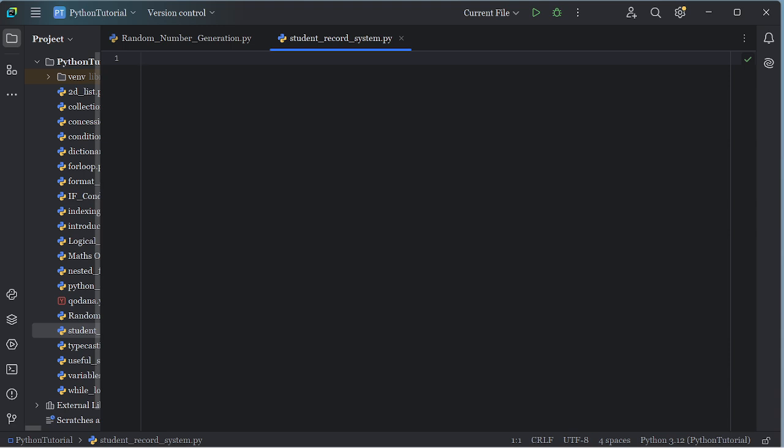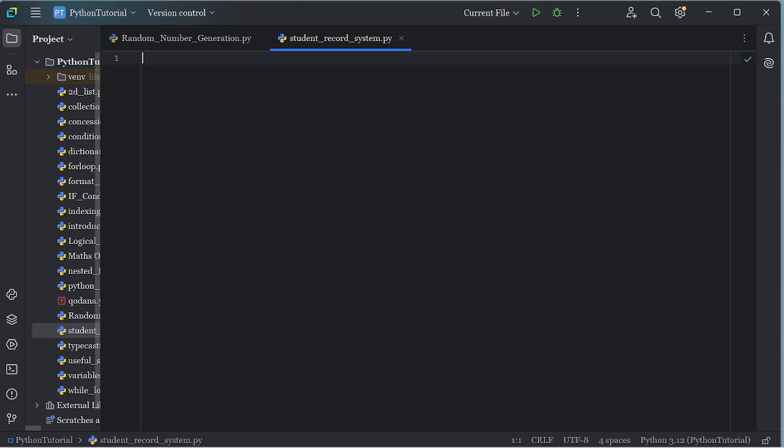By that I mean, are we going to be using a list? Are we going to be using the tuple? Are we going to be using the dictionary? Are we going to be using a set? In this case I will be choosing one of these collections, and what I'll be choosing here today is